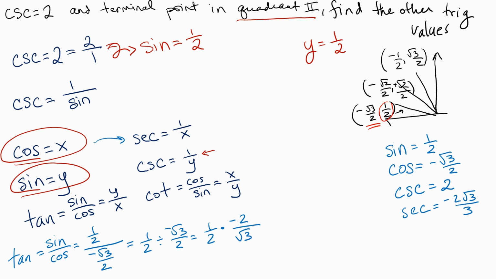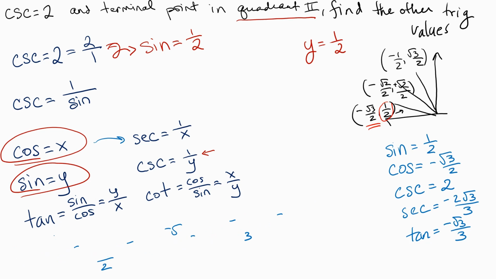Okay, and so if we look, these 2's cancel, not the negative sign though. And so we end up with negative 1 over root 3. And again, that radical got to go away. It's on the bottom. So we get negative root 3 over 3. So that's our tangent, is negative root 3 over 3. And finally is our cotangent. So if you need to get tangent written down, please go ahead and write that down. Make sure that you pause. All right, last one